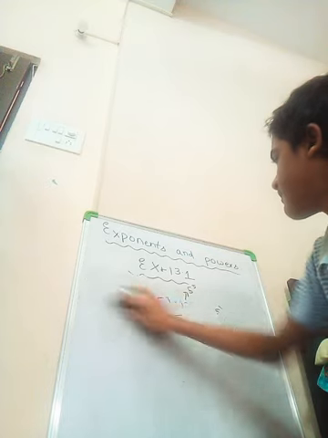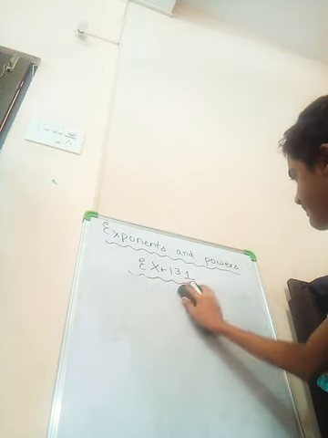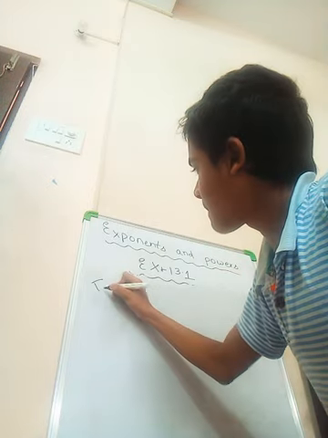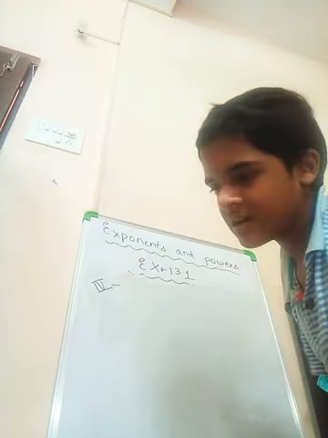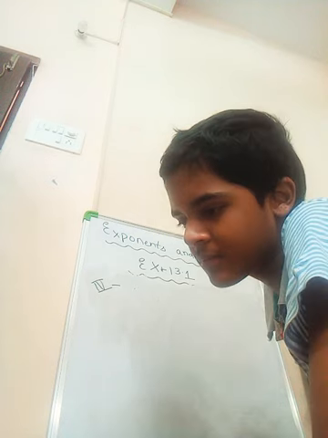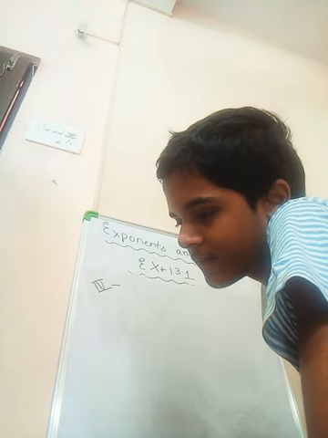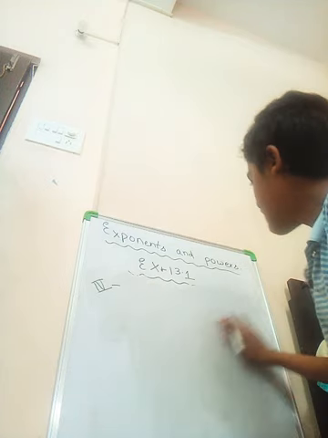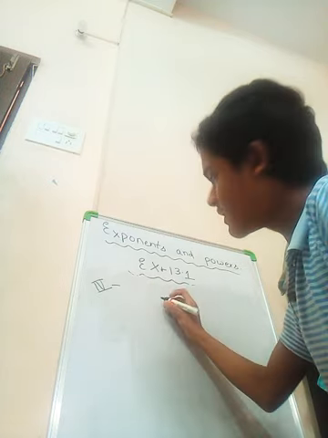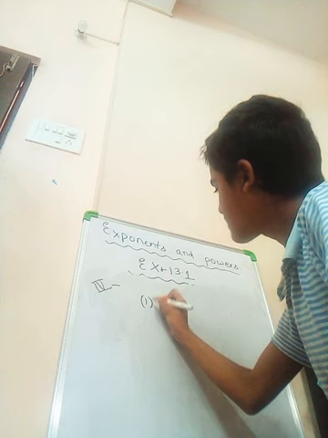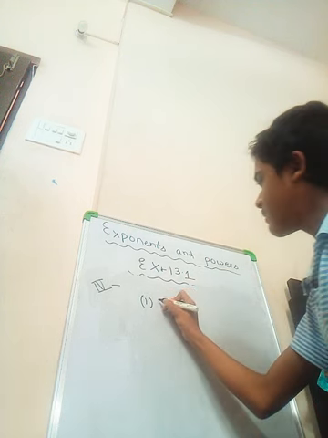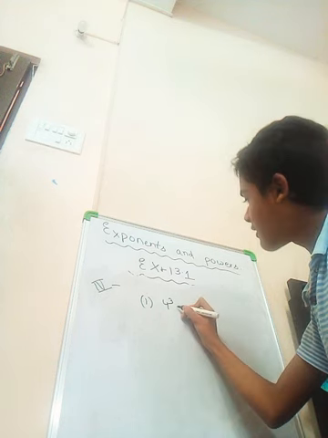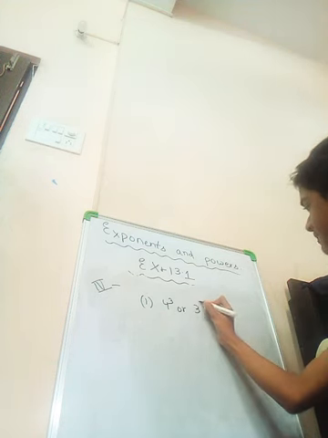So now we will go for the fourth bit. So what is the fourth bit? Fourth bit: identify the greater number wherever possible in each of the following. So here we have to compare the exponent numbers. So in the first one he gave 4 to the power 3 or 3 to the power 4.